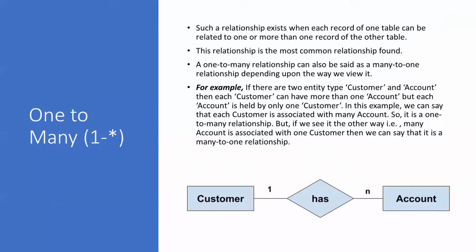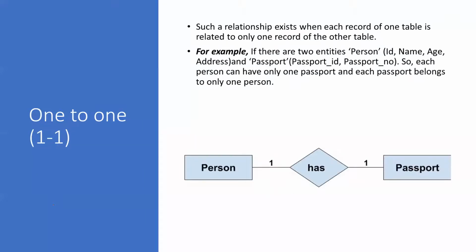Then the next part is one-to-many. If you see in this slide, I have written 1/1. That is one-to-one. Every one entity is connected to another entity from the other table. That one entity cannot have two related entities. And the same for the other table: if we view it from the passport side, only one passport ID can be issued to one person. So in both directions, it is one-to-one, whether we view it from the person side or from the passport side.